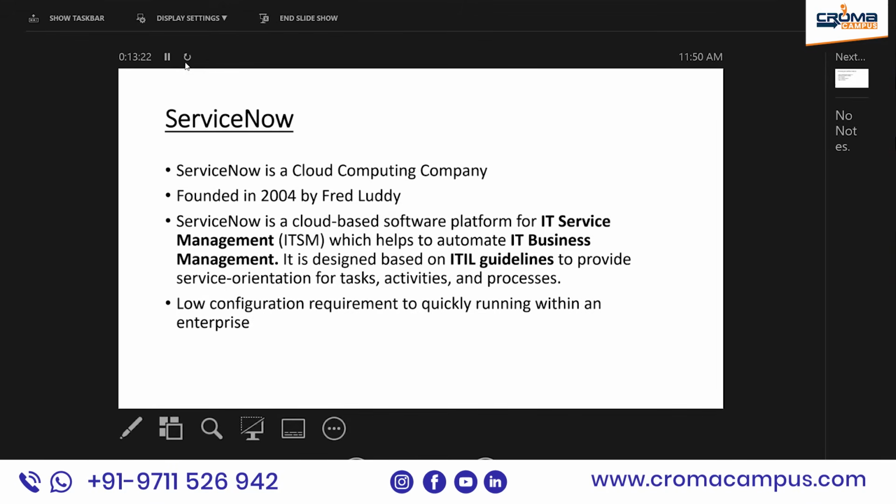Now you don't have to actually email somebody. You don't have to walk up to somebody. You can just register a request or an incident in the platform, and that will be handled by the business team. Okay. And it's based on ITIL guidelines, which means,